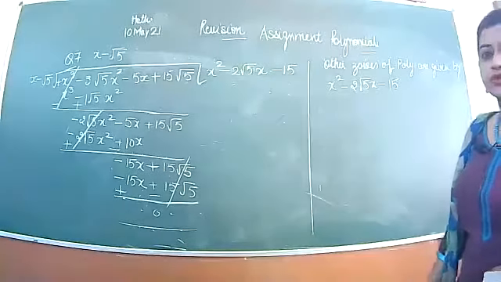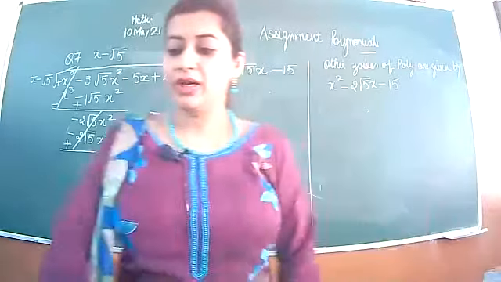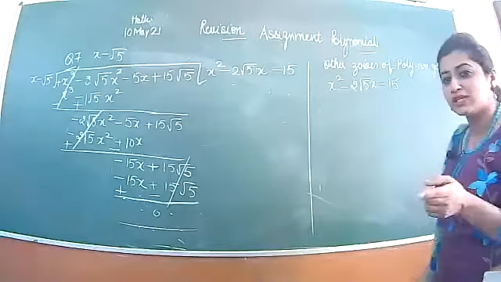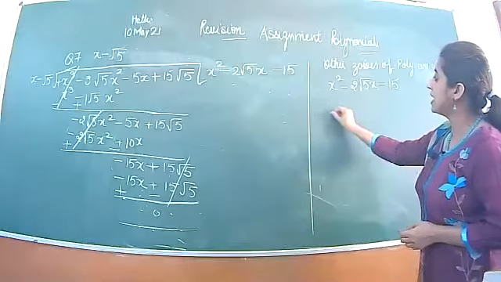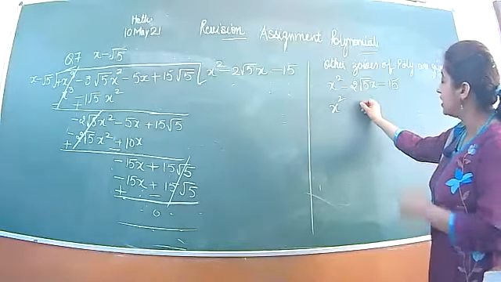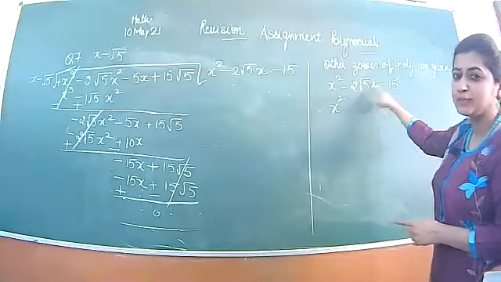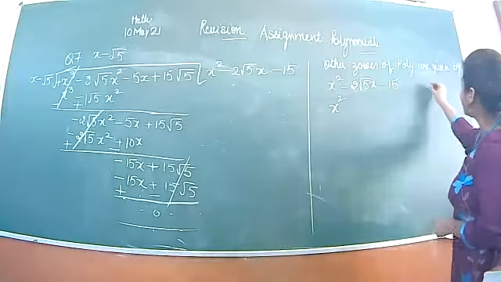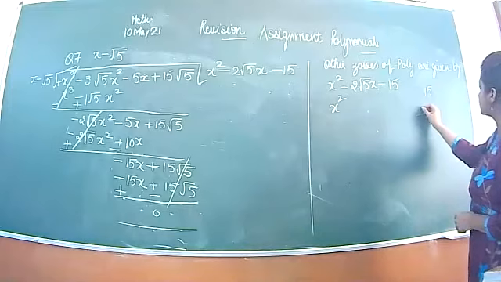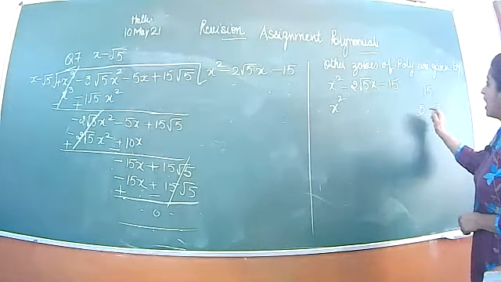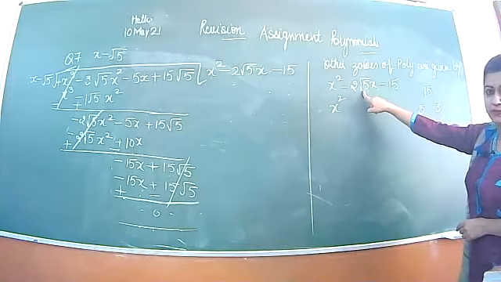Whenever root is there, you have to be very careful while making the factors. Now we want two factors in such a way that on addition or subtraction, it will give you minus 2 root 5 and on multiplication, it will give you minus 15. So can I write 15 as 5 3s are 15. But how will you make this as answer?